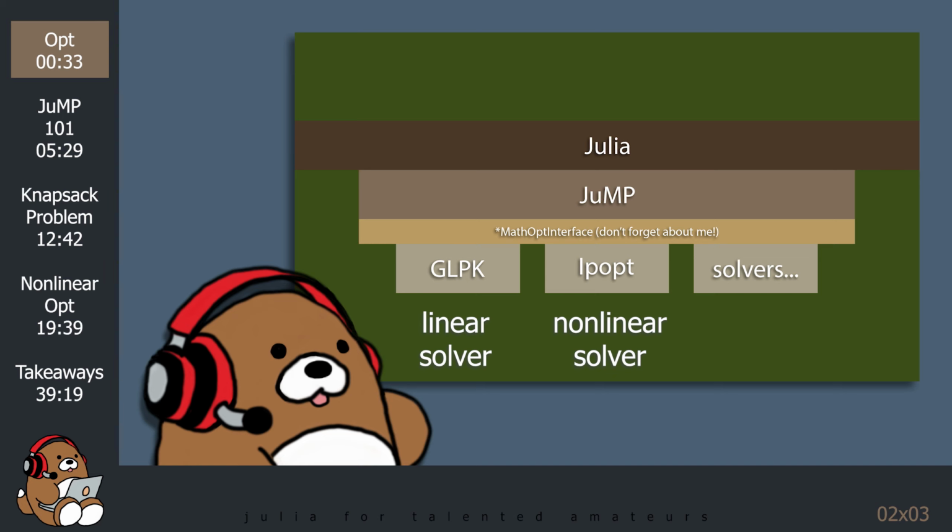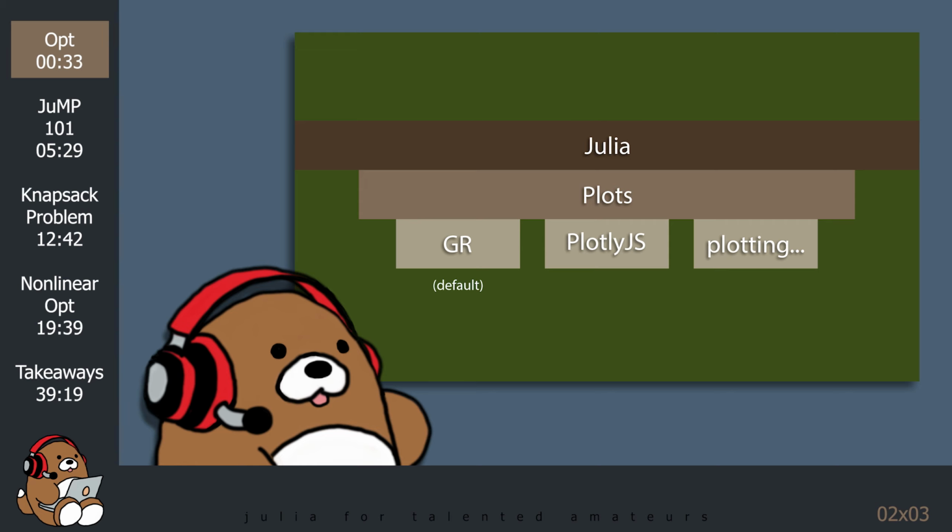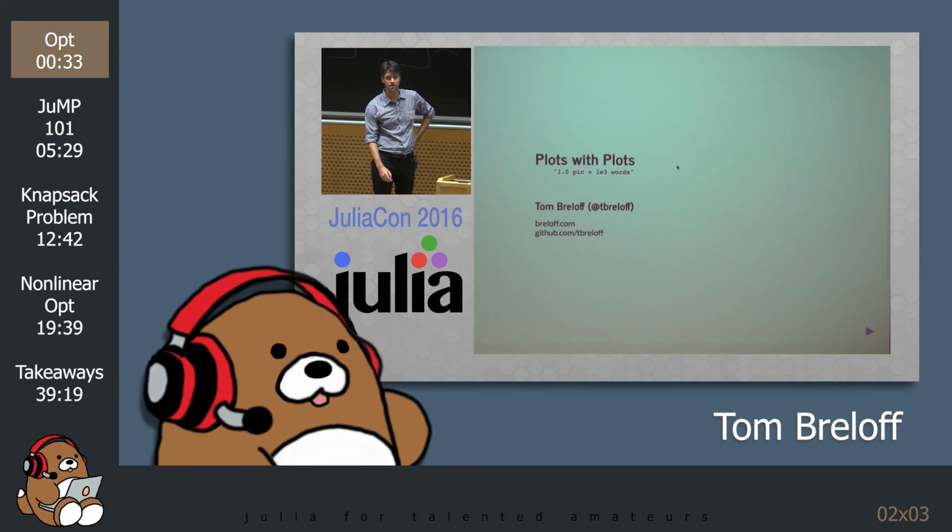We're also going to add a package called Plots.jl, as well as a package called PlotlyJS.jl. Conceptually, the Plots package is similar to the JuMP package, in that the Plots package, despite its name, is not actually a plotting package. Instead, the Plots package is a high-level interface that serves as a plotting front end that can access several different plotting packages to use as backends. The Plots package was created by Tom Breloff. In addition to supporting Plotly.js, the Plots package also supports the use of GR and PyPlot as backends.